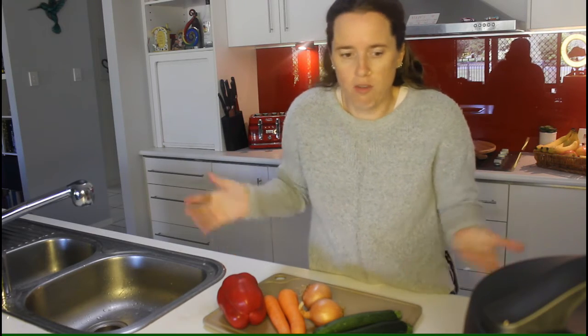Today we are going to make chili con carne in the CrockPot Express. I'm going to show you exactly how easy it is to do. So these are what I'm going to add. Obviously chili con carne is the sort of thing that you can change to whatever you want, whatever vegetables you want to add to it, whatever spices you want to add to it, but this is what